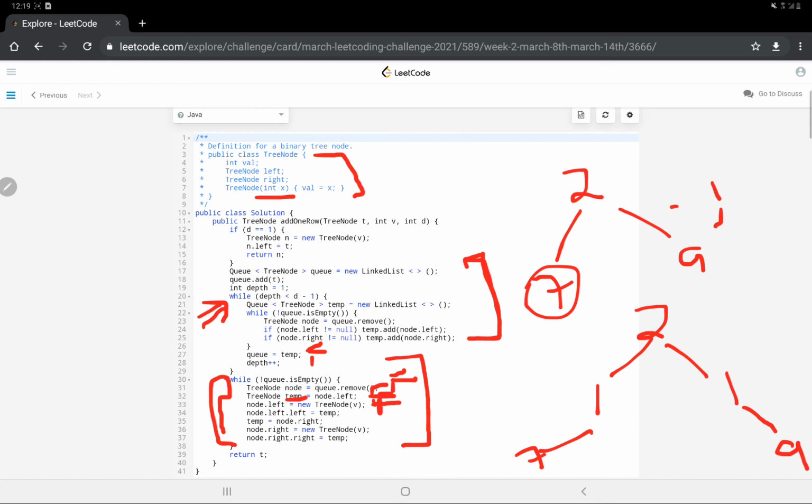So here we are using the BFS approach for this question, and the running time complexity would be O of n in the worst case, because in the worst case we have to add at the bottommost level, so it would be O of n, and the space complexity for this would be the queue only, and it would be the maximum nodes at a particular level of the tree, because we will be storing only that value, and that would be the maximum size of the queue.